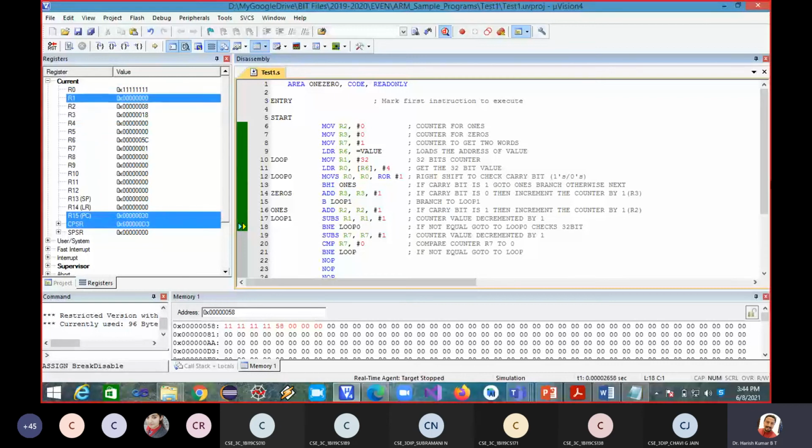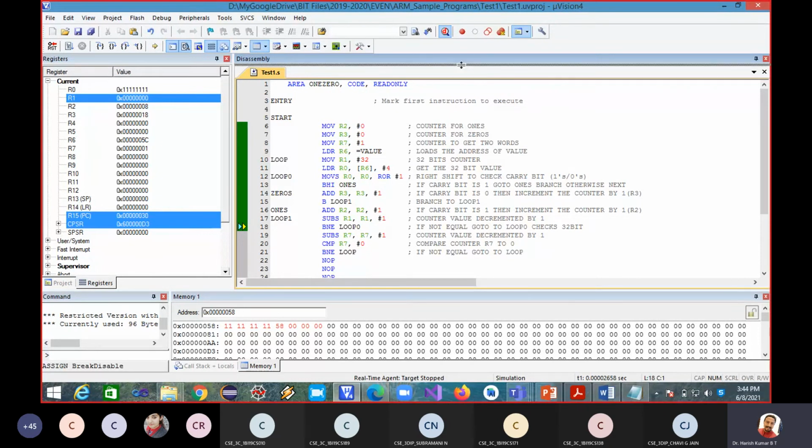Last iteration 0. So 8 and 18. 8 is 8 in decimal also, and 18 is hexadecimal, and the decimal is 24. So there are 24 zeros and 8 ones in this number. So this is what the program is.